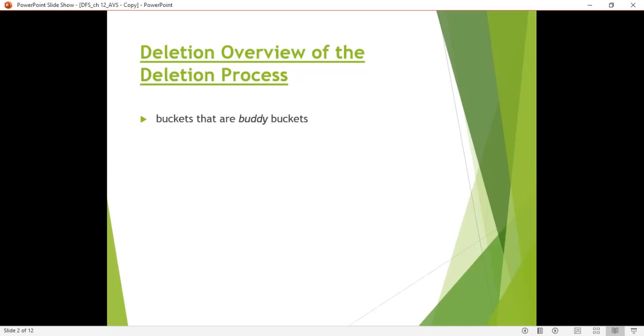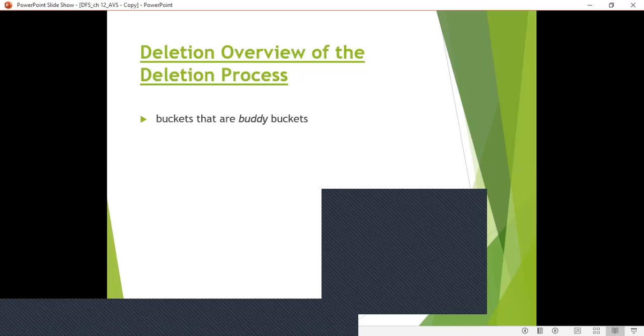Now, in extendable hashing, we delete the buckets, or we can say combine the buckets. When can we combine these buckets? You can combine these buckets only if they are buddy buckets. Now, what is this buddy bucket? We'll see.